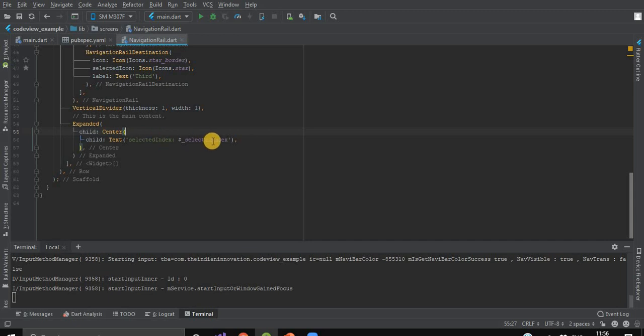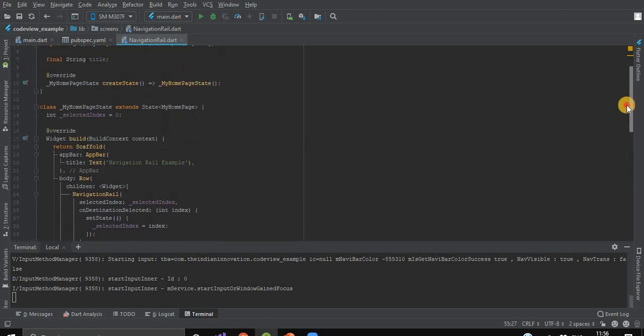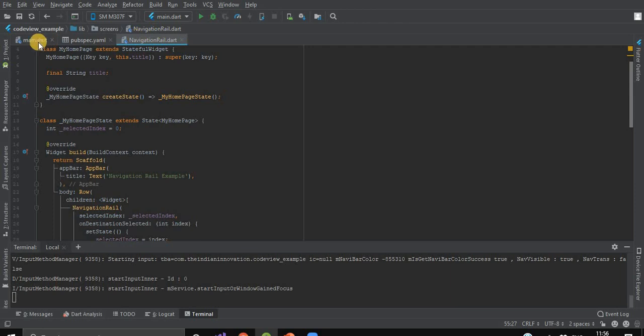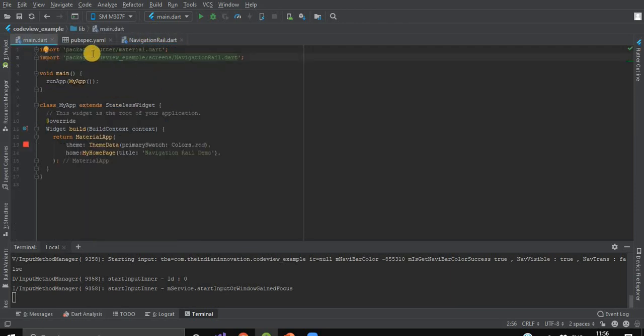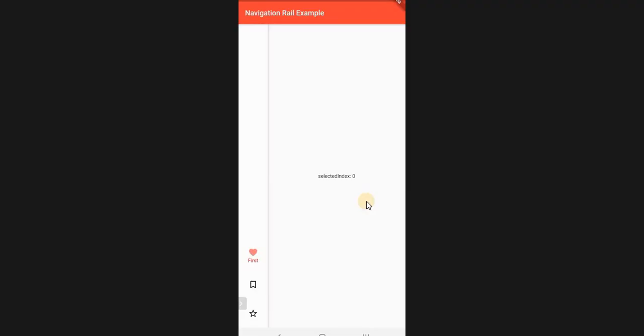and whenever a destination object is selected, its index will be shown to you in this text. So here we are completed with our navigation rail widget, and after this we'll import this file in our main.dart file, and here we'll pass our MyHomePage class as the parameter in the MaterialApp home. So after running this app, we will be having such a preview on our screen.